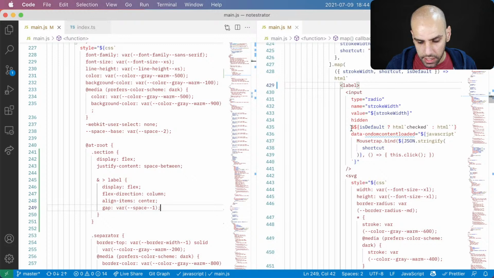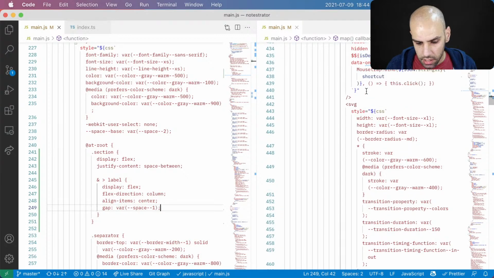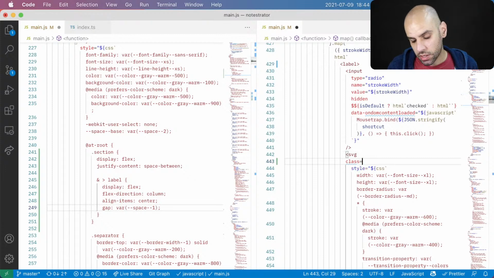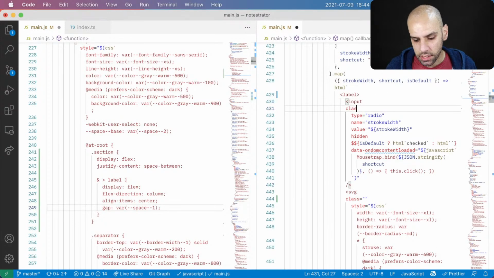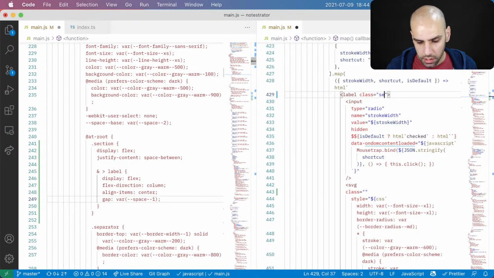Then we have an input and the SVG. So the SVG is like the icon. This time I need a class because in the other one it will not be an SVG. So maybe I will be consistent. I'll have a class here as well. Well, actually I don't need any CSS here. I need some CSS here on the label. So here I will do class section item, and this will be section item